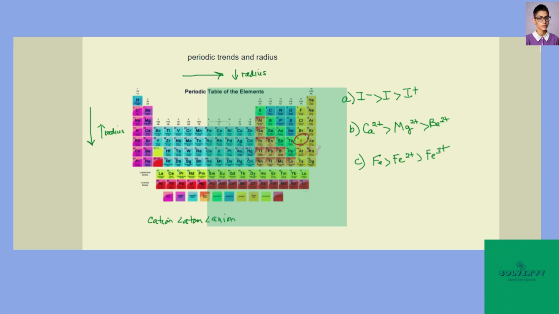So that means that it has 53 protons to accommodate a certain number of electrons. In its atomic form, it's going to be accommodating the same number of electrons as it has protons, 53. In its cation form, it's going to have one less electron. And obviously, in its anion form, it's going to have one greater electron, or 54 electrons. So if we look at it this way,